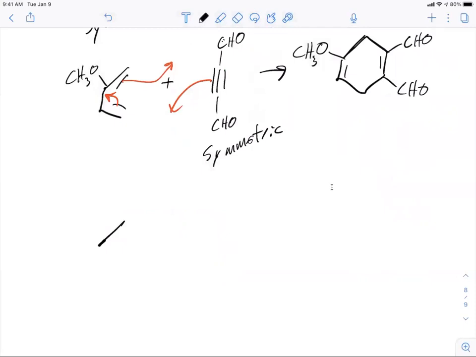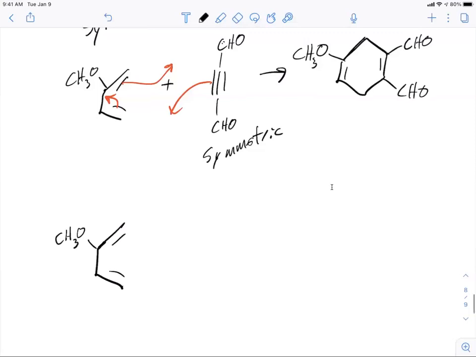So if we take this species with the electron-rich group, so that methoxide would add electron density. And here we have the aldehyde, so it's going to remove electron density, so electron withdrawing group. So this is a nice reactive pairing. Right? We're going to end up with this possibility,